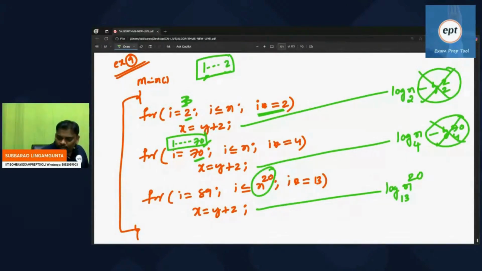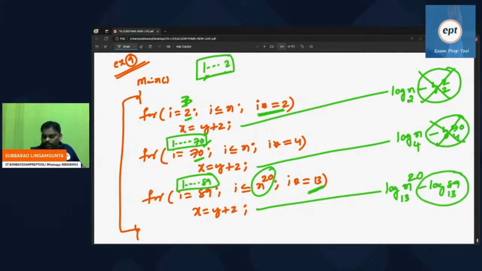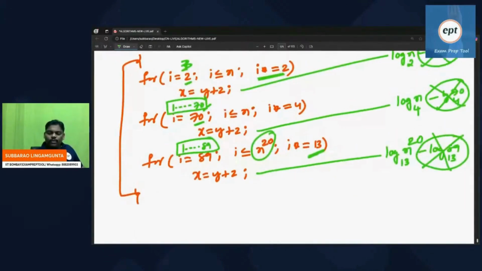But you started from 89, what does it mean? 1 to 89 you missed out. Because of always multiplying by 13, same effect, log 89 base 13. But anyhow, log 89 base 13 is a constant. You can neglect it. So finally, if you see the total story,